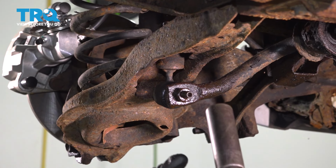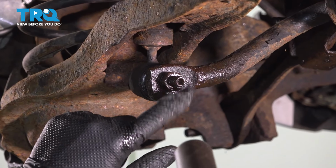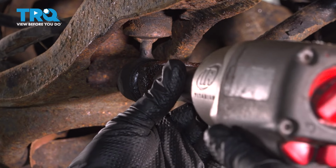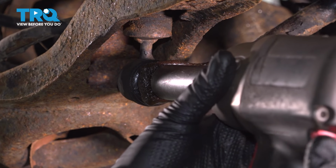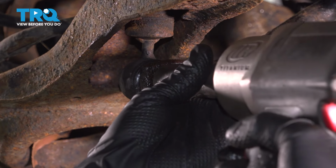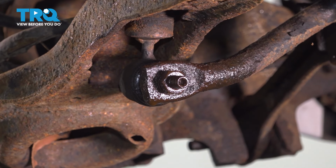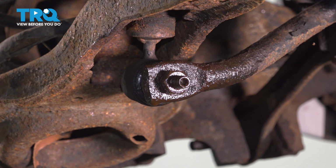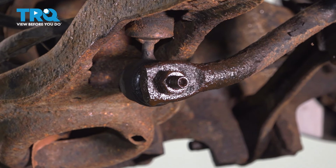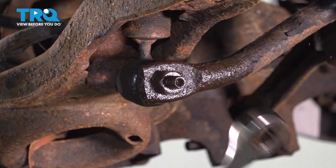Using a 17mm socket, we're going to take off this nut. This will probably start spinning, so then we'll get our 5mm Allen wrench out and hold that still. Now it's spinning. I like to undo it a little bit with my air gun first. Now I'm going to use my 17mm ratchet wrench on the nut